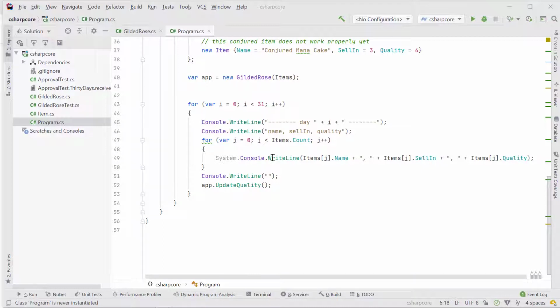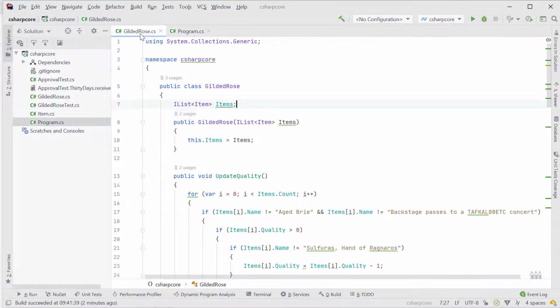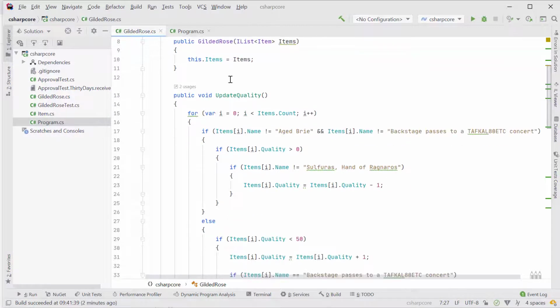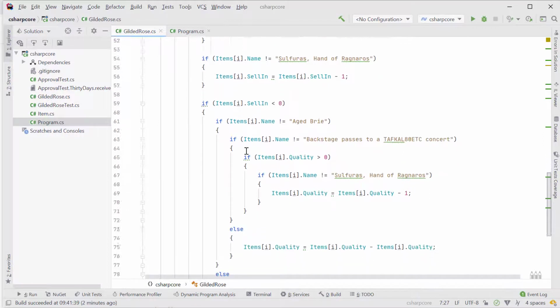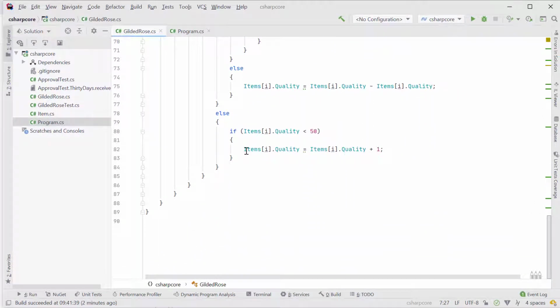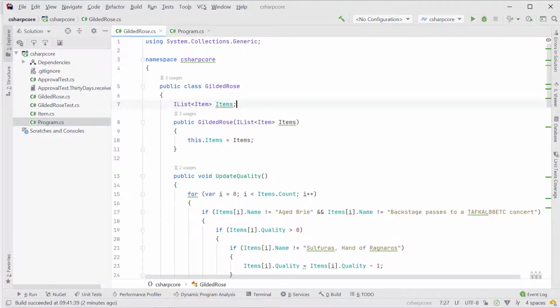If we open the Gilded Rose file, we'll see that it contains a single class called the Gilded Rose. It's instantiated with the list of items, and then we have one single method called UpdateQuality, which contains all the logic that's described in the requirements file. And as we can see as we scroll through it, there's loads of nesting. It's quite complex. There's really no indication of which part of the code is responsible for which of the requirements. And it's potentially going to be quite difficult to implement our new feature in this method.